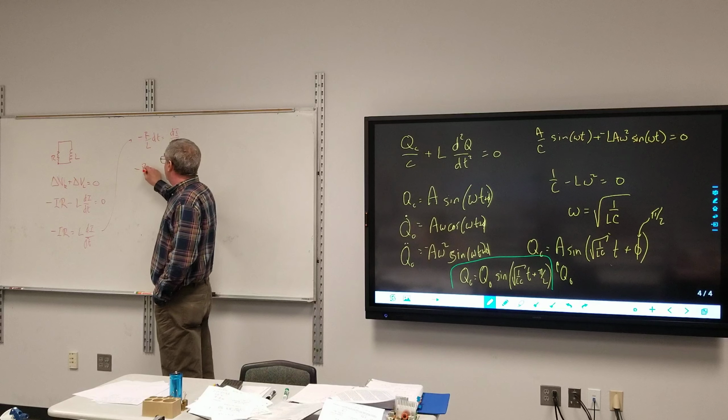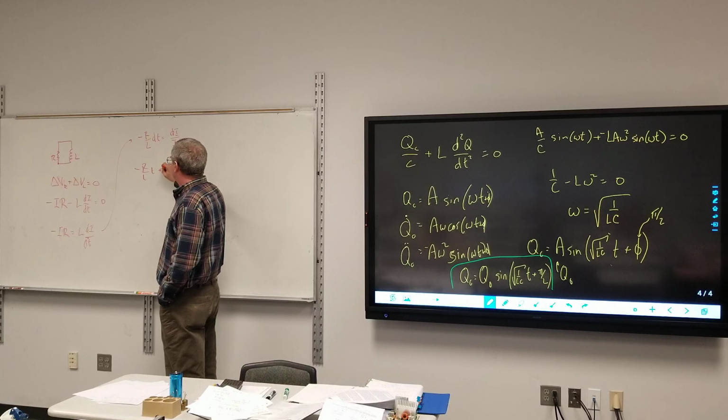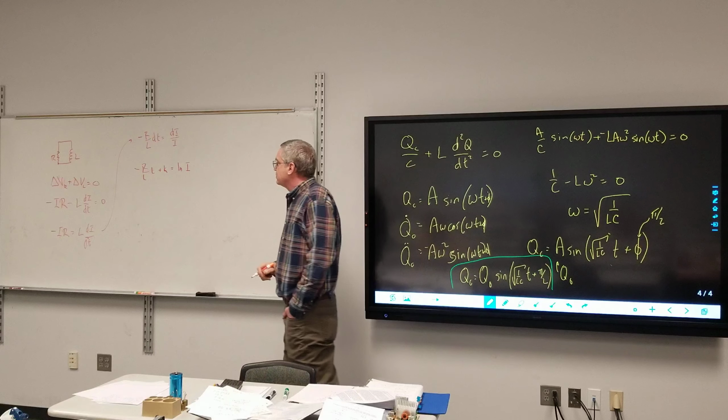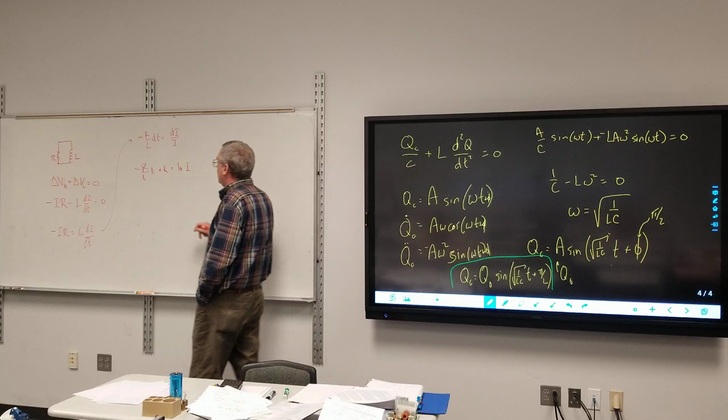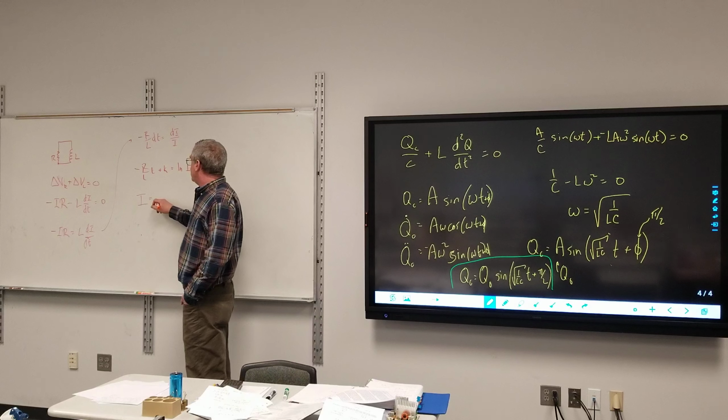So negative R over L times time plus a constant, let's use K for the constant, is equal to the natural log of I. And so my current is equal to